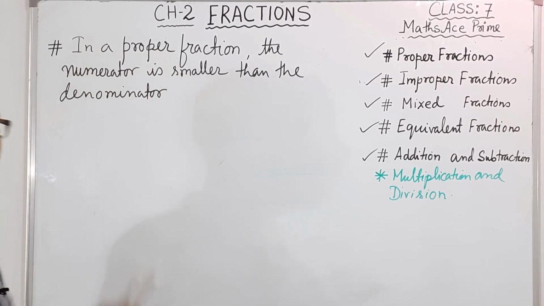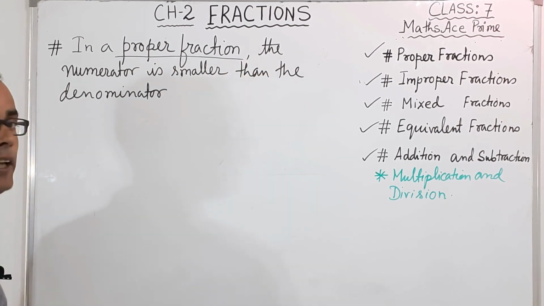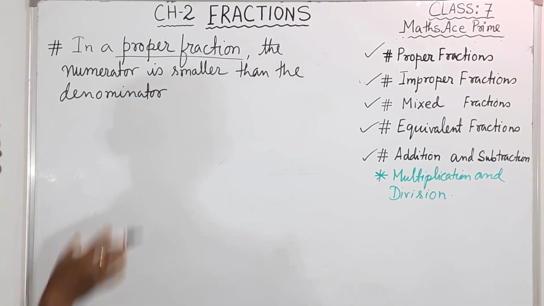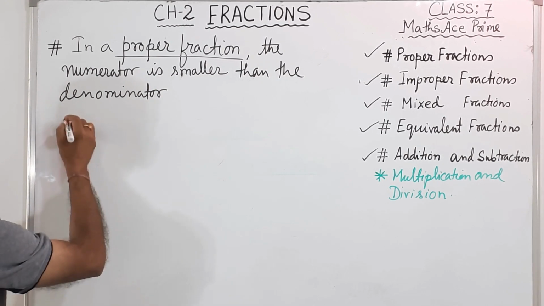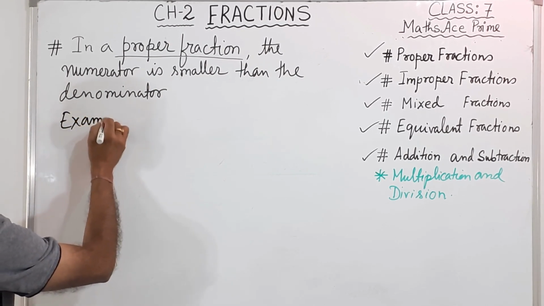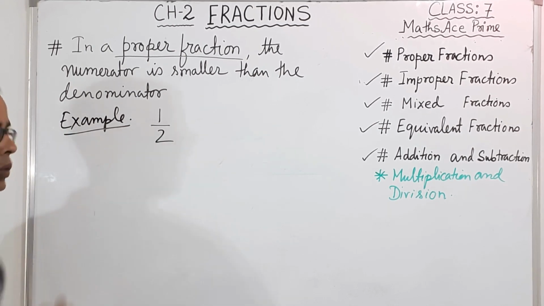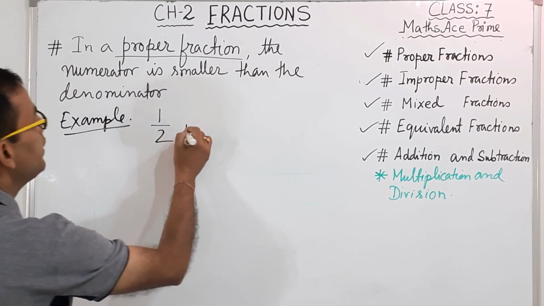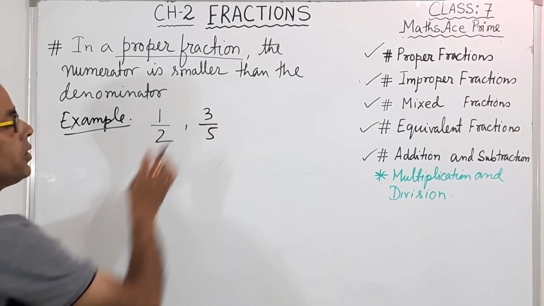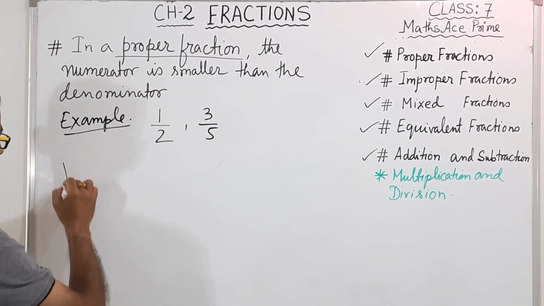The next one is the proper fraction. Now we will understand proper fraction. In a proper fraction, the numerator is smaller than the denominator. So the numerator is always smaller than the denominator. If I give an example, suppose 1 by 2, clear? So see, the numerator is small, the denominator is big. Then 3 by 5. So here also the numerator is small, the denominator is big, clear? Now, another thing,